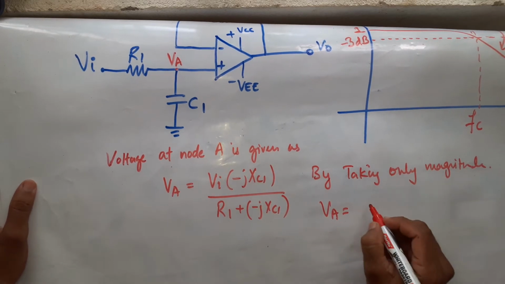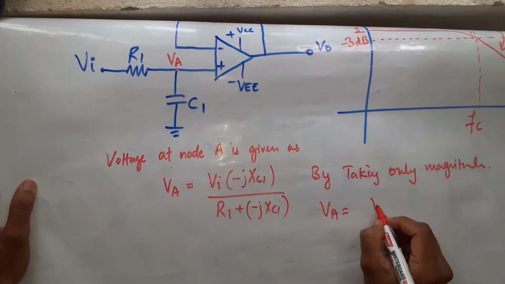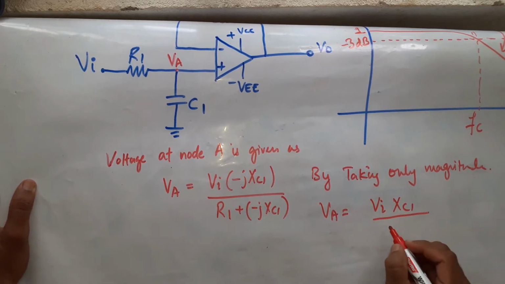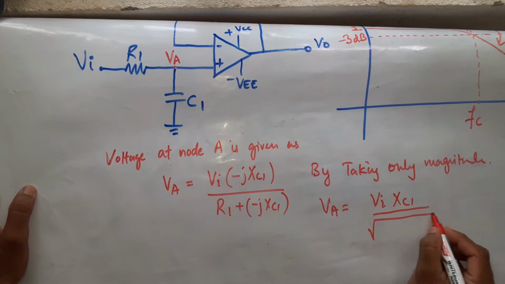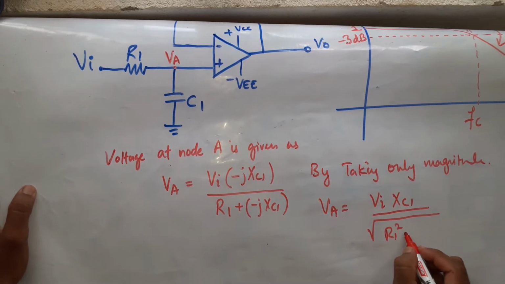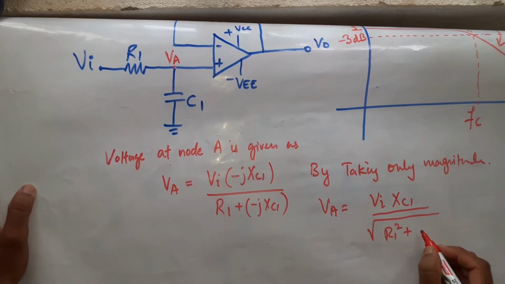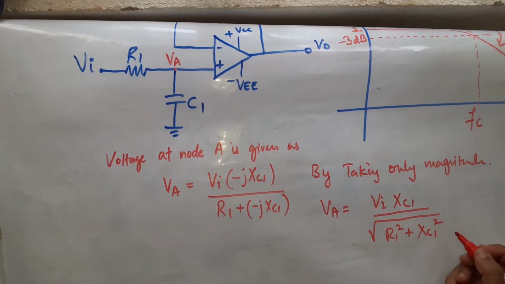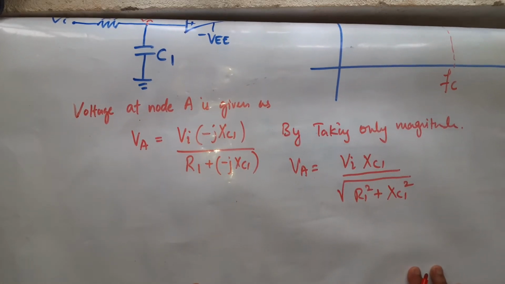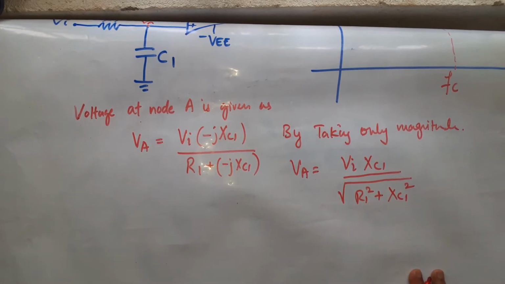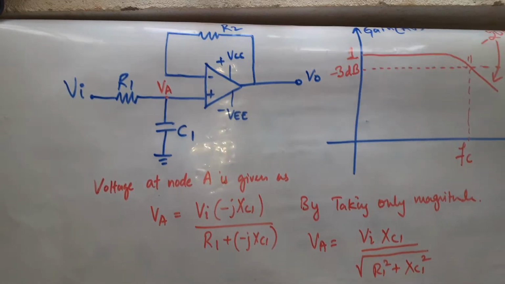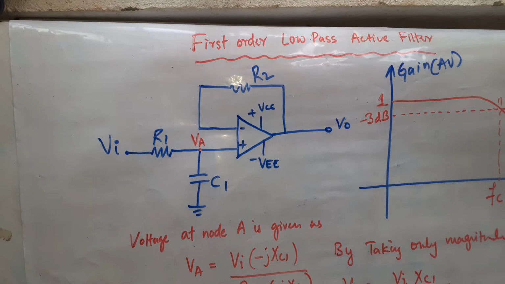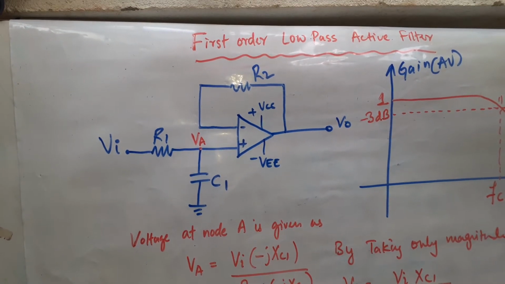VA equal to VI, this becomes XC1, divided by root of R1 square plus XC1 square, isn't it? This is only by taking its magnitude. Now, if I say that here resistor R1 and R2 are having same value,